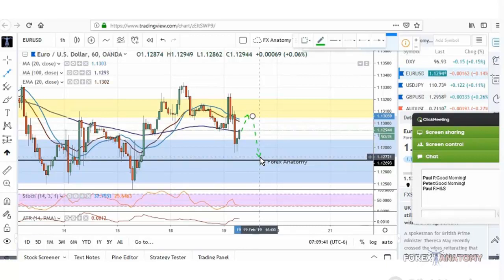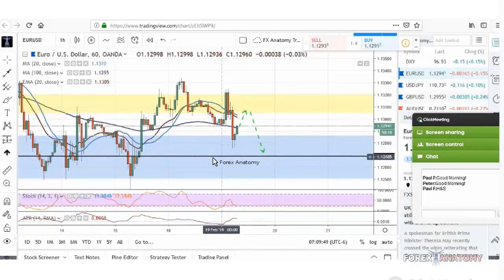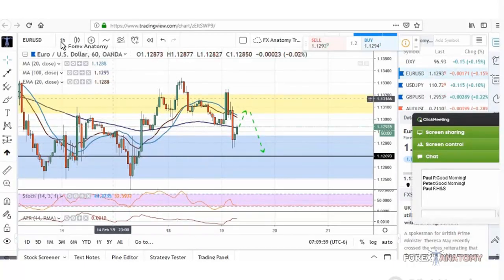This is what I think could be taking place for this particular pair. As you guys know, this line is at 1269, but what you have to understand is that it's a zone and an area that we're identifying. It's a zone or an area of support that could be respected in this pair,